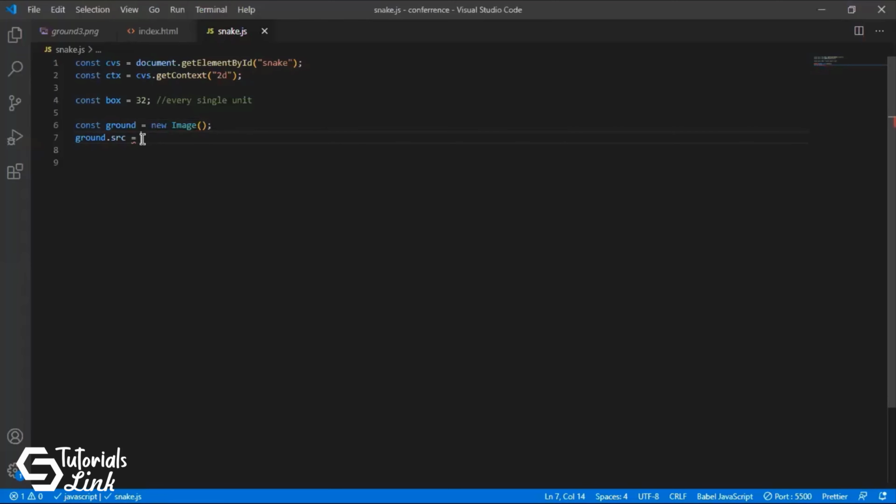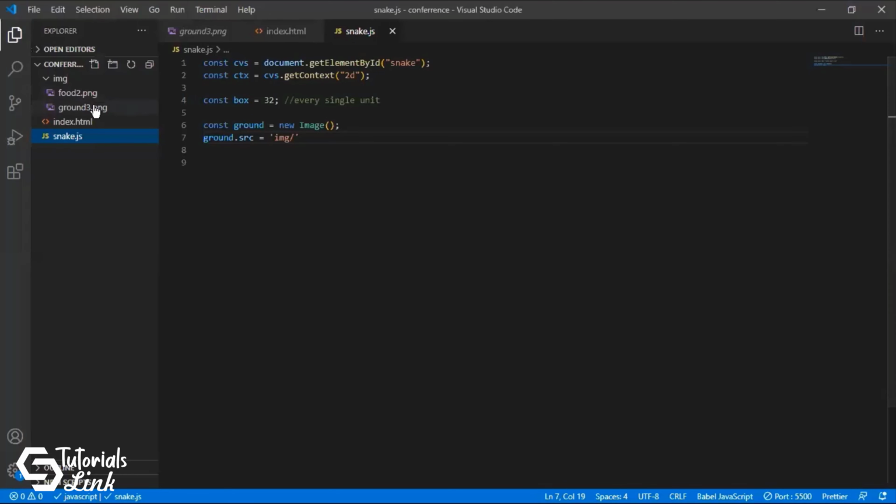So we will give the path. What is the path? It is right now img slash, and what is the name of this, ground3.png.